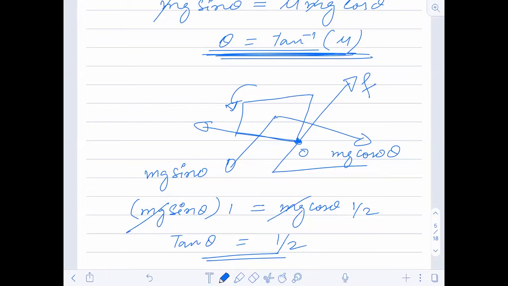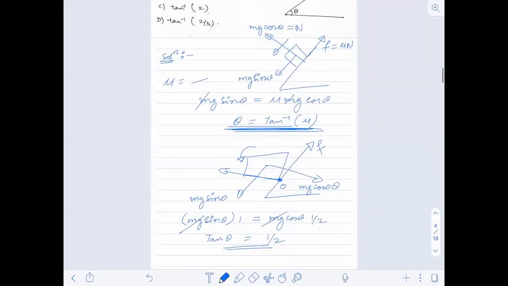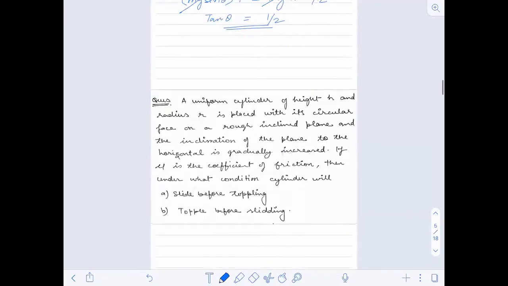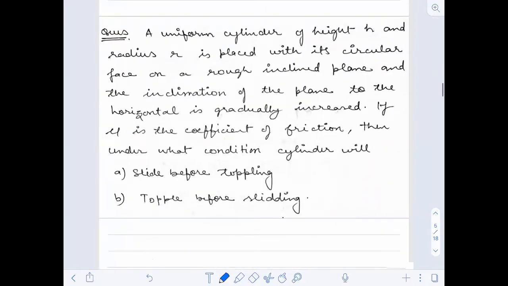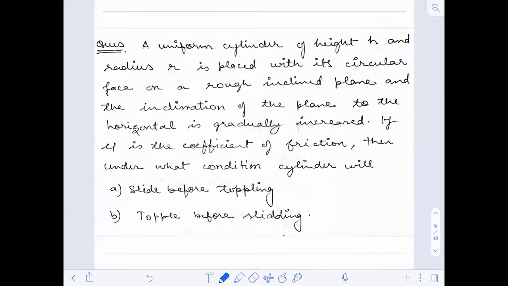Anybody having any doubt in this? Ask. Anyone having any doubt in this? Okay, I assume you people are understanding this. You just take down this problem, which is also on toppling only. A uniform cylinder of height